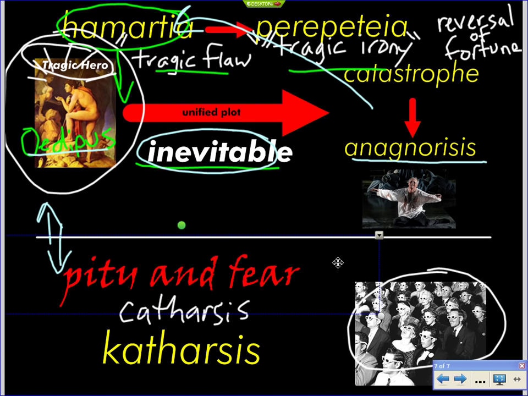Aristotle believed that if the tragedy is constructed as it should be, if this machine works perfectly, then the audience will experience pity and fear to such an extent, they will be so emotionally moved that they'll feel better about themselves. It's almost as if going into the theater is psychological therapy. They're able to exercise and purge their negative emotion in this fictional environment and then go back out into their lives feeling better about themselves because they have undergone some sort of emotional psychological therapy within the theater. So, if the whole thing works, then we move throughout the entire function box